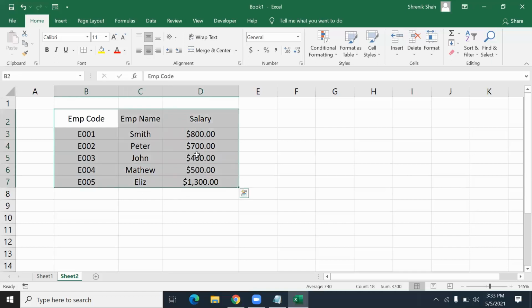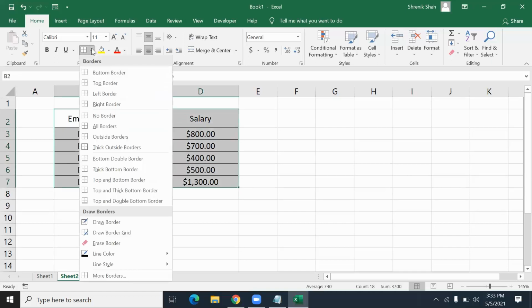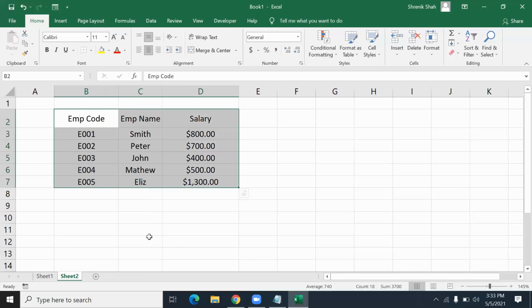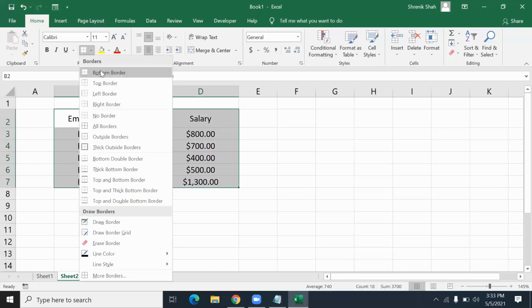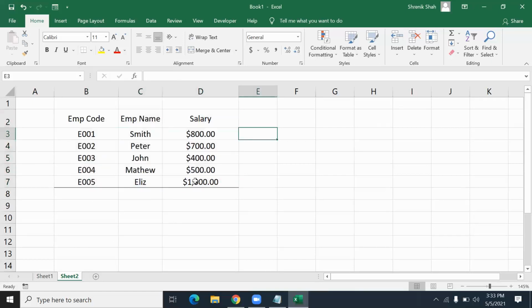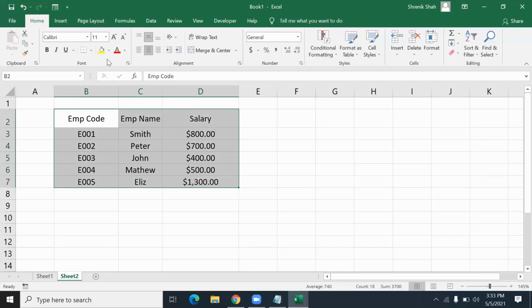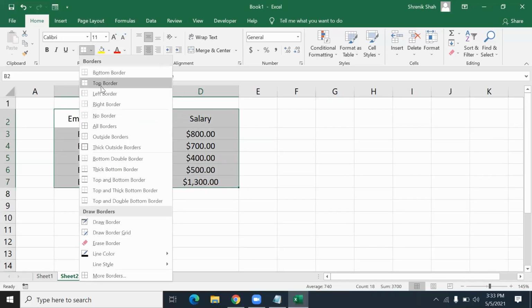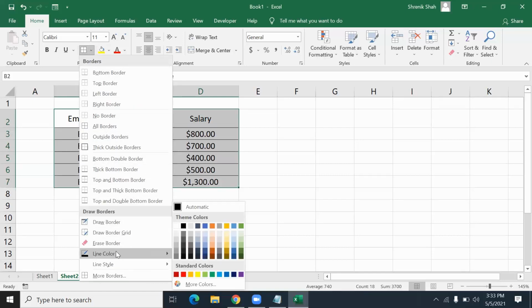I select all the cells and go for borders as well. I click the border styles and you will find some more options. If you want only the bottom border, you can enable only the bottom border. If you don't want any borders, you select no border. Selecting bottom will only apply the bottom border. Like this, the left, the top, the right. I select all borders and go for another option called line color.